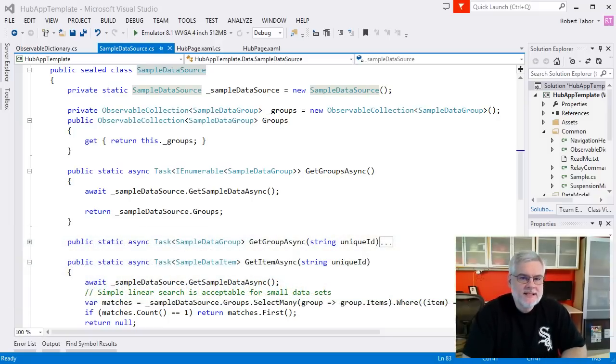So we've spent a lot of time examining the Hub App project template, and for good reason. We can learn a lot of good lessons from it. It illustrates many important concepts that we need to know in order to move forward and build more complex phone apps. So we're going to turn our focus back to the sample data source, which I have loaded up right now,